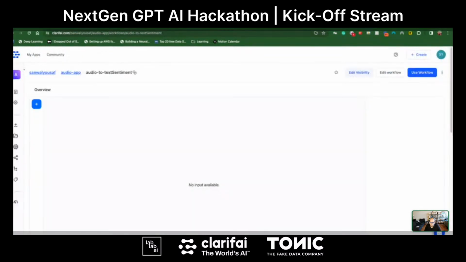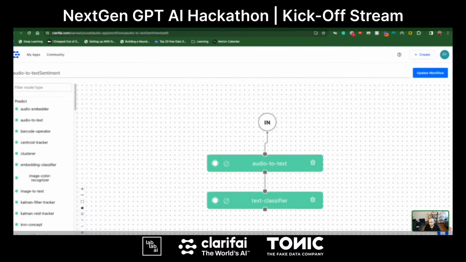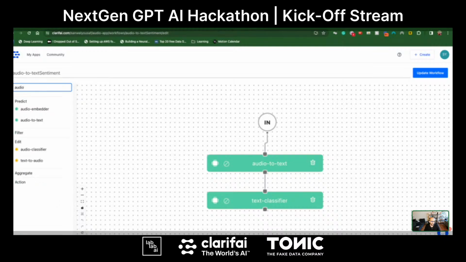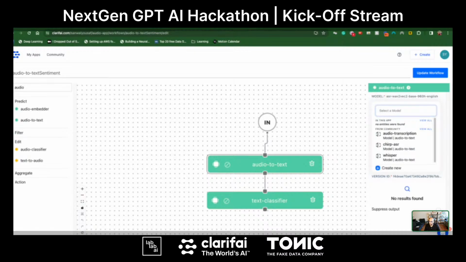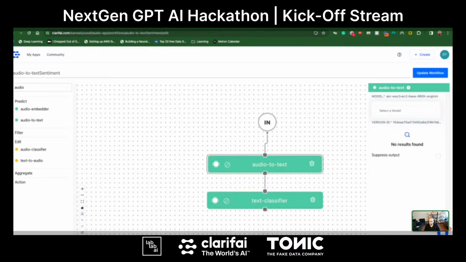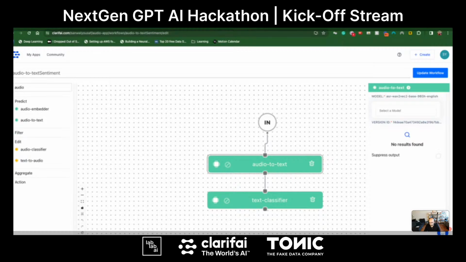And what is a use case here is that people have a lot of audio files, and sometimes they want to figure out what is the sentiment of all of them. So we have a workflow that we can create, and once again, if you go to audio to text, drag and drop it, which we have done right here, you can select from all these different model types. I have selected the Wave2Vec, as I found that to be the one that works the best. So I just went with it.